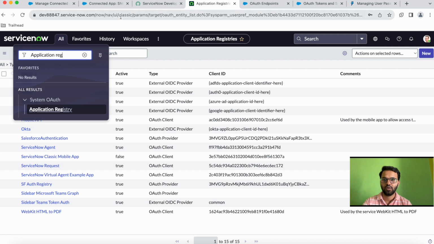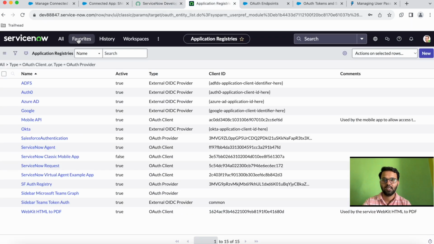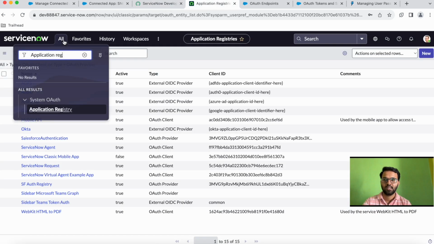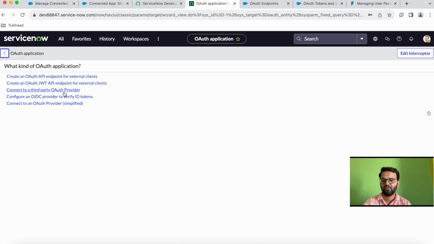So this is the ServiceNow login. Once you log in to developer.servicenow.com, you will see this kind of page, and once you click on start building, you will get an instance here. Then go to application all, and then application registry. We are on the same page, and then click on new. Go for third party OAuth provider,